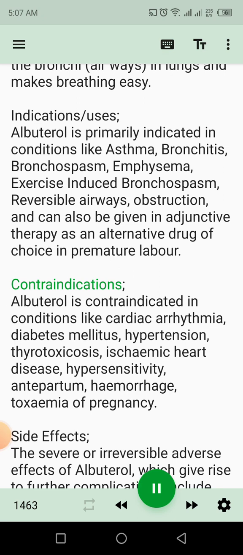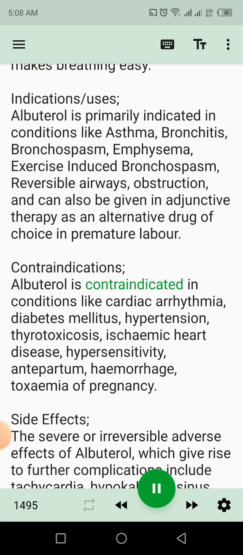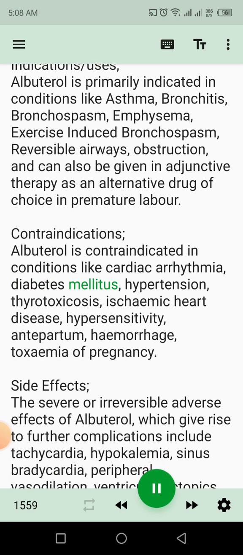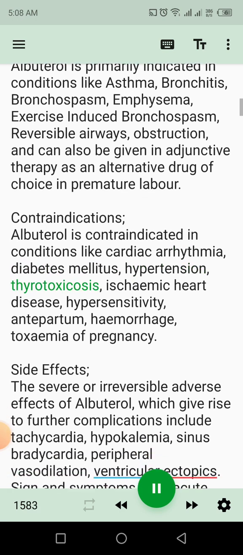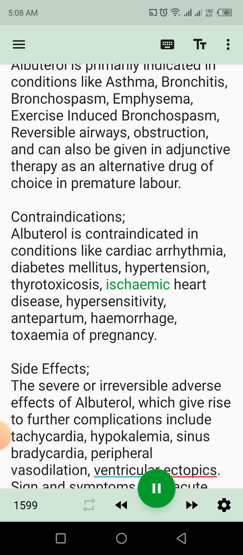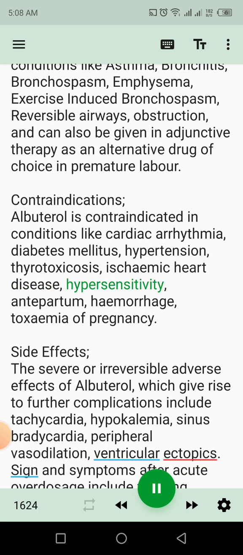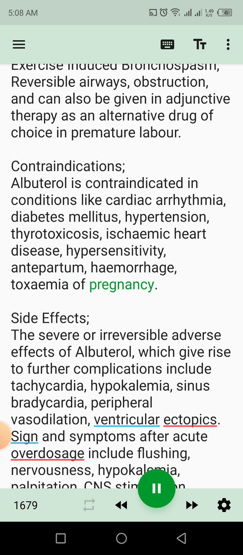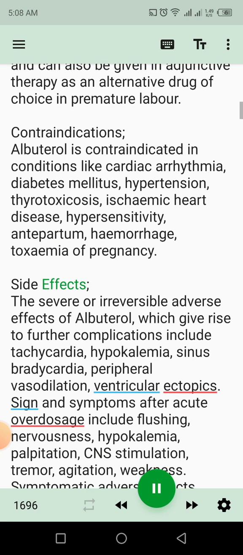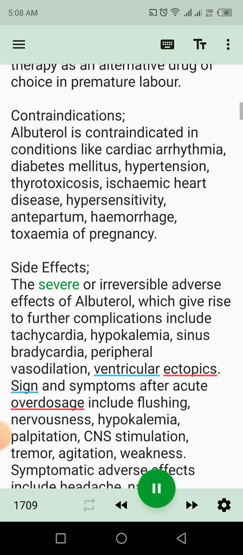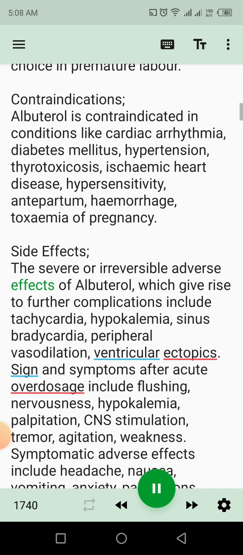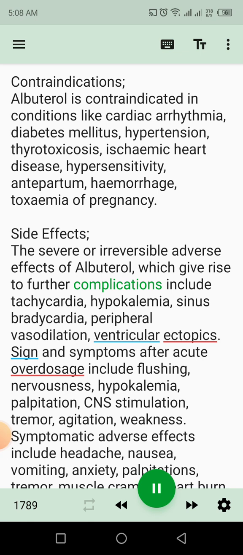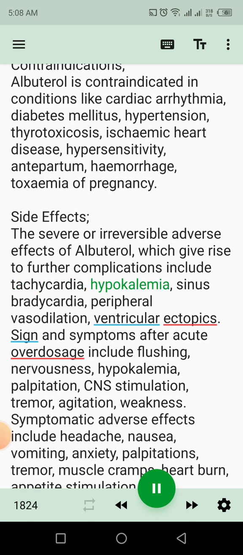Contraindications. Albuterol is contraindicated in conditions like cardiac arrhythmia, diabetes mellitus, hypertension, thyrotoxicosis, ischemic heart disease, hypersensitivity, antepartum hemorrhage, toxemia of pregnancy. Side effects. The severe or irreversible adverse effects of albuterol, which give rise to further complications, include tachycardia,